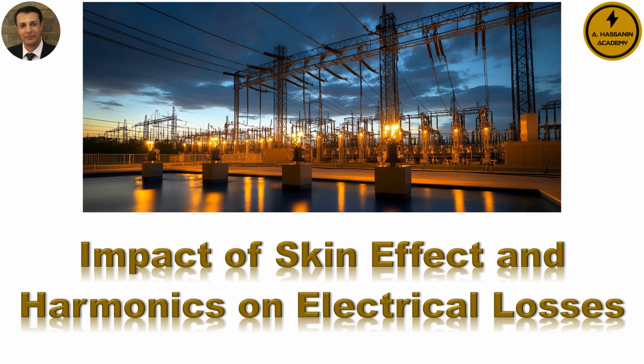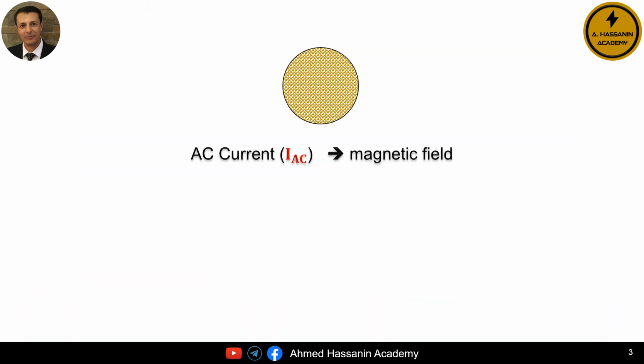As a result, the fault diagnosis is often incorrect. Therefore, in this lecture, we will thoroughly explain and analyze the seriousness of the skin effect in the presence of harmonics, and we will also discuss how to properly address and mitigate its impact. Of course, everyone knows that the flow of alternating electric current in any conductor generates an alternating magnetic field. This means that the occurrence of magnetic flux or the magnetic field is directly associated with the flow of electric